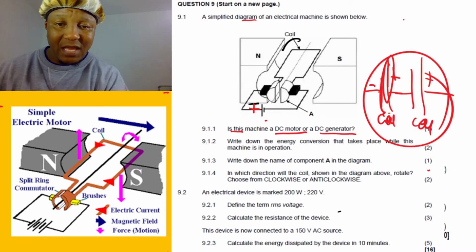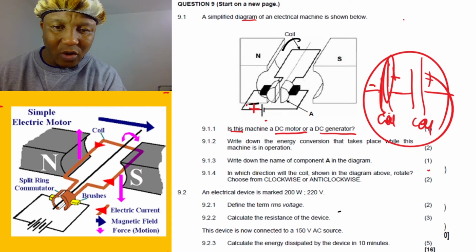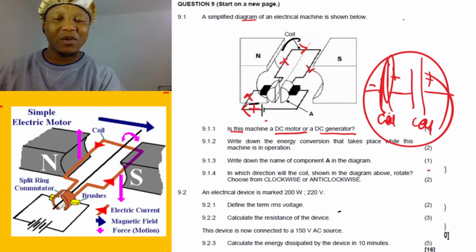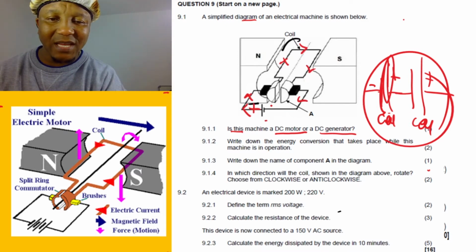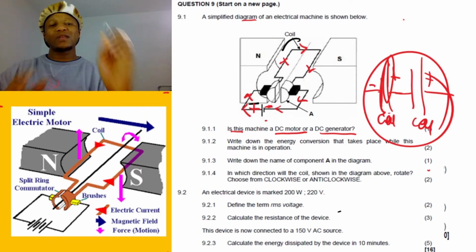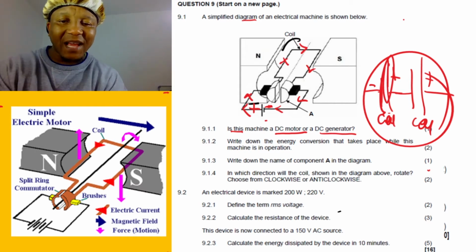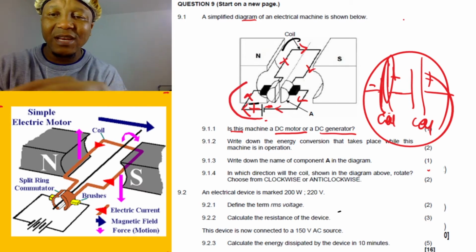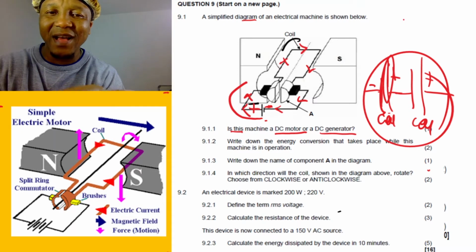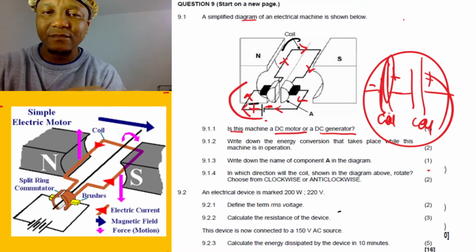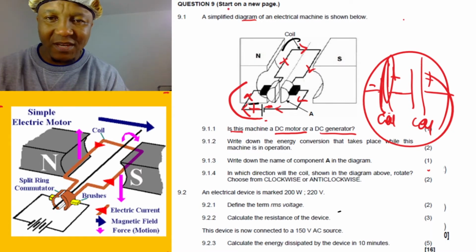Look now, the moment you place the battery here, the current is going to go in this direction all the way. You see what I'm saying? Because this is negative, it's going to come all the way and enter again here, because that's a negative, all the way. So if the current moves in this direction, the interesting part is,